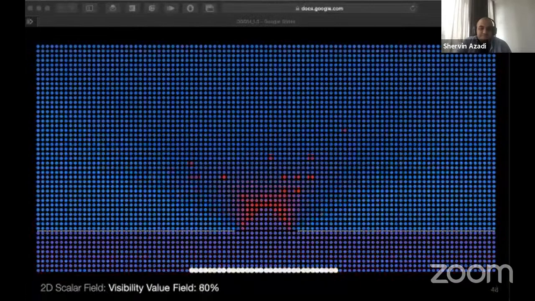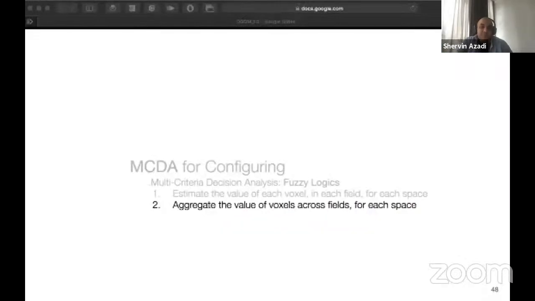The next step is to combine these different fields together in a systematic and rigorous process to avoid comparing apples and oranges, because these different fields have different physical dimensionalities. So for this reason, we use a second value, which helps us to aggregate the value of voxels across the fields for each space. To give you an example,